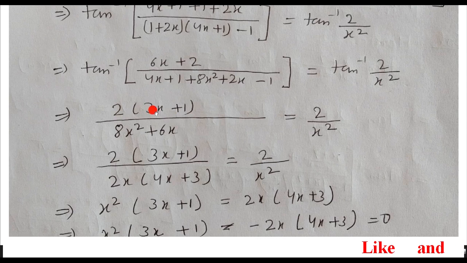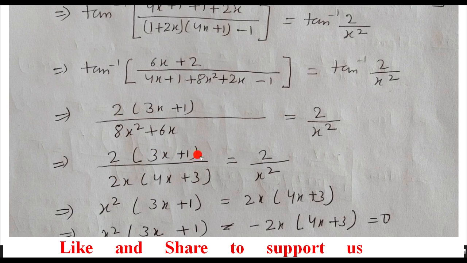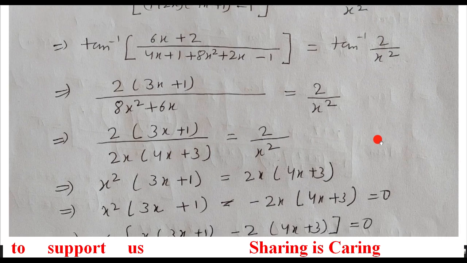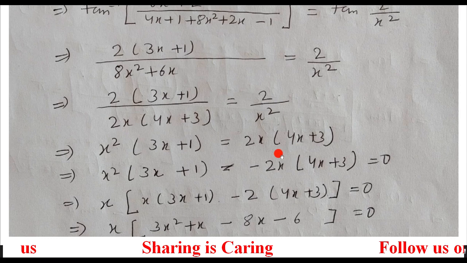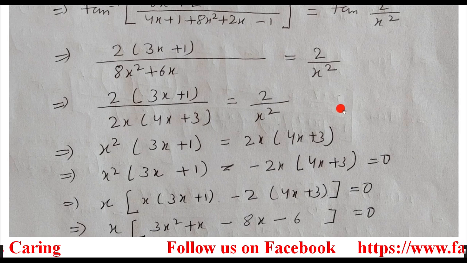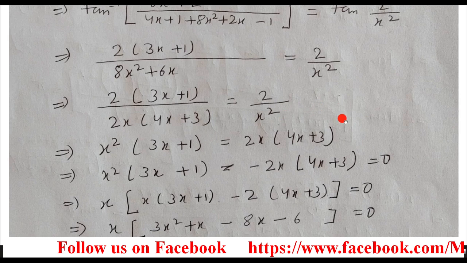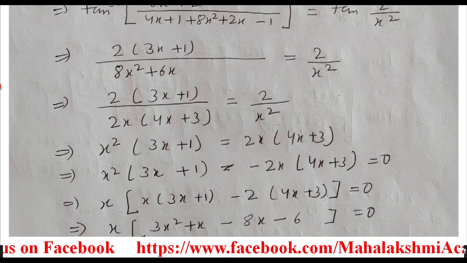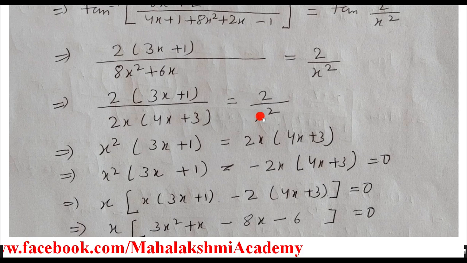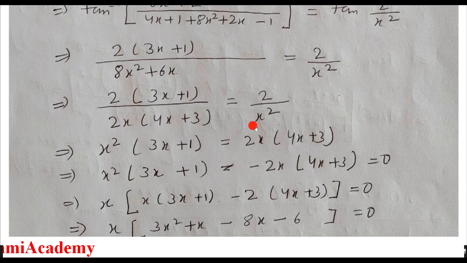Now here also we'll take 2x common, so that gave us this. Then just cross multiply. Students, just don't cancel this x, because we are solving for x, so if you cancel it, one value of x will get lost. So don't cancel when you solve for x. Keep this x till the last step. That's why don't cancel this x from the denominators. Though you can cancel then also, simply just cross multiply.